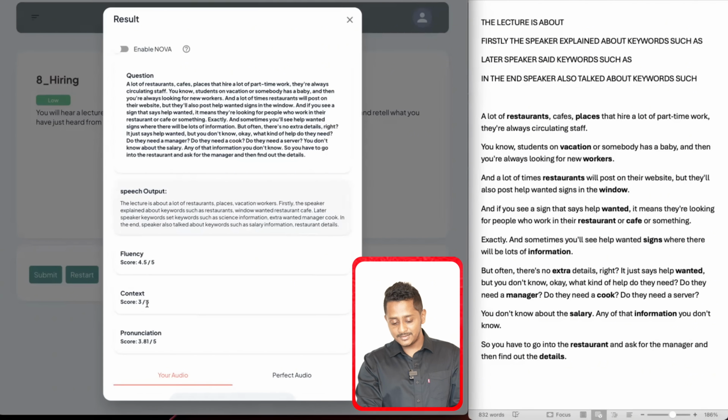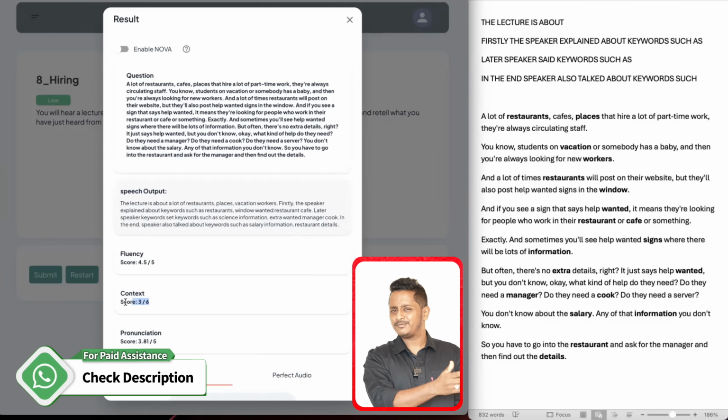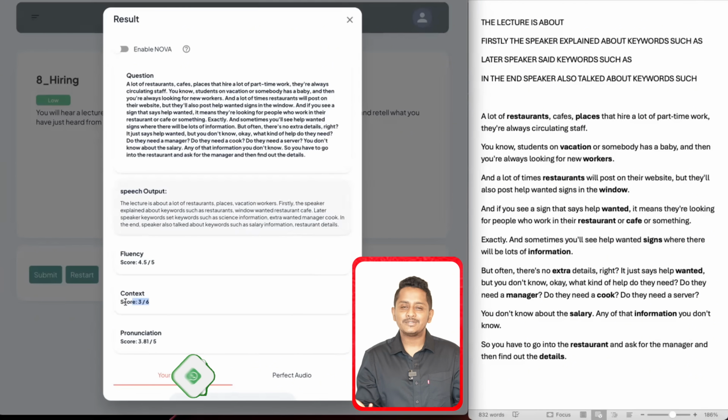And don't just rely on this 3 out of 6. In the mock test, we have coded that if the context is 3 or below 3, again some different marks you get. It's not 4 plus 3 plus 3.81 divided by 15. That kind of algorithm, don't even assume has happened at the back end. We are also smart. We know what people do. So here 3 out of 6 because it has covered probably 30% of the audio, 30-40% of the content, probably with a lot of keywords, but just giving keywords is not enough.